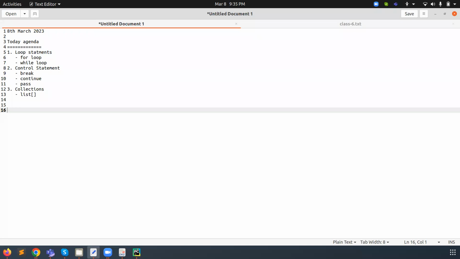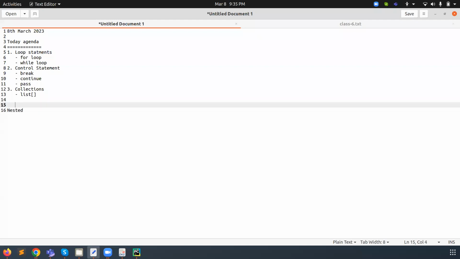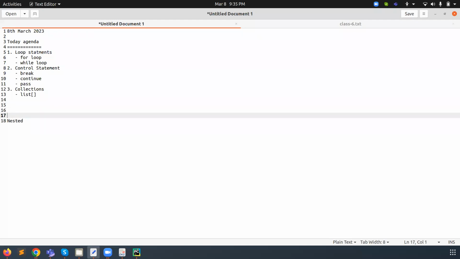In the previous session I already printed some patterns, with the nested loop. Before going to the nested loop, first let's recap these things. For which purpose are we using loops?